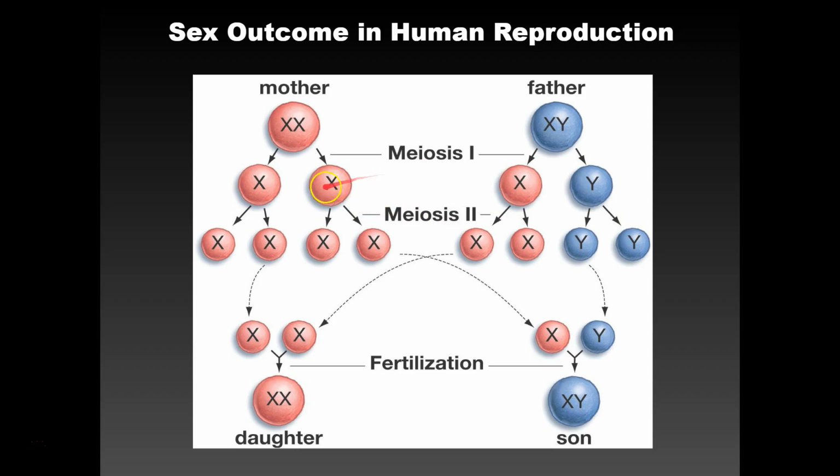So you have this meiotic process happening in both males and females, and this is simplifying it. This is suggesting that you only have an X and a Y, but the reality is you have 22 other chromosomes happening here. But as you can see, the mother only has X's to give. She doesn't have a Y to give. And so in order for a child to become male, the sperm that happens to fertilize that egg has to be a Y. The sperm has to be a Y in order for the son to get an XY genotype. In order for the son to have a Y gene, he has to get it from his dad, because his mom doesn't have one to give.